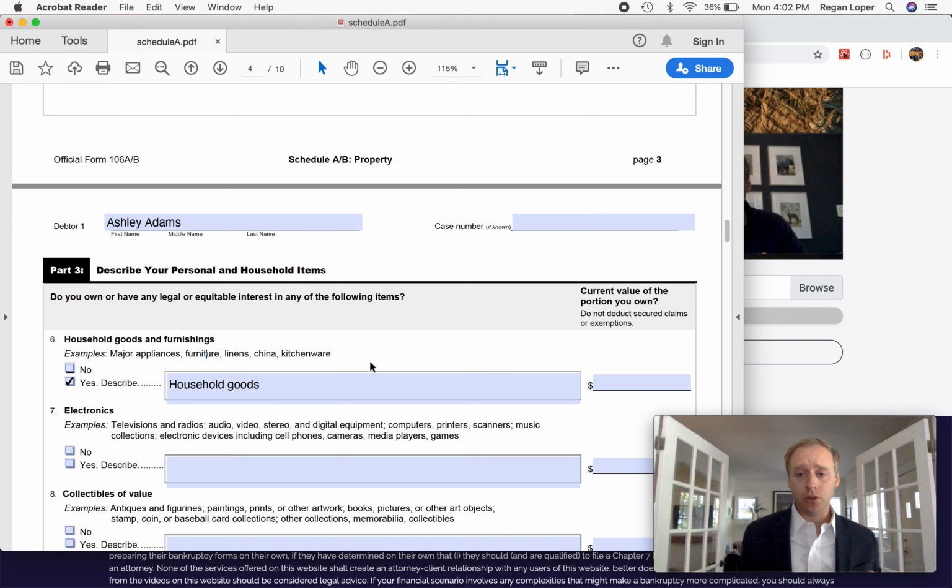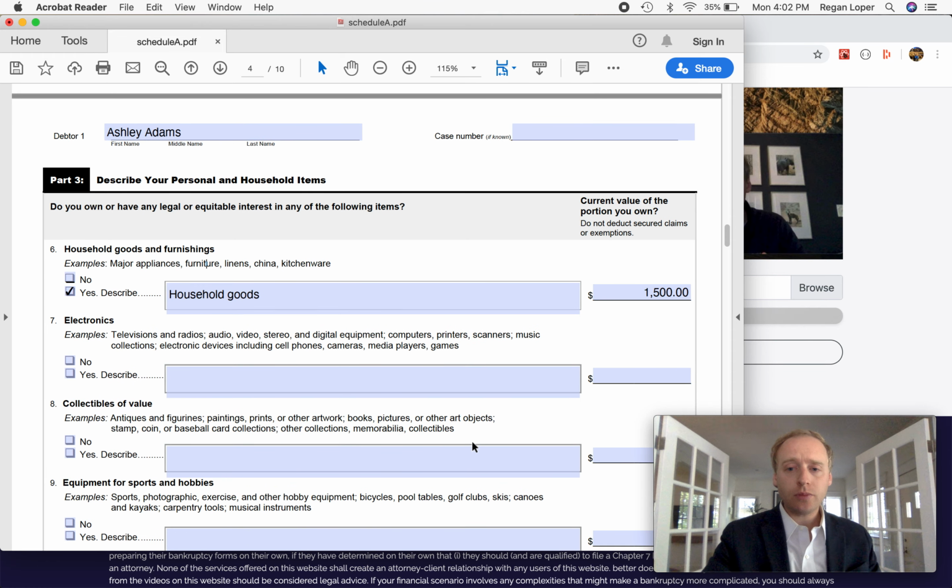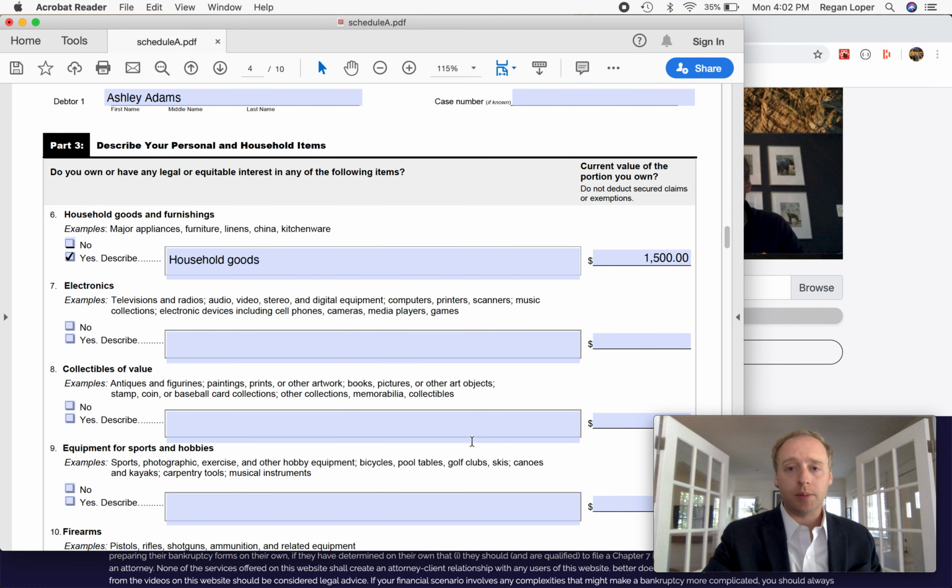I'm not sure what that includes. It probably includes maybe some appliances, maybe some china, things like that. But she estimates the total value of all of those items to be $1,500. And so that's what she put in the estimate of value. Next, electronics. Do you own any electronics? That would include TVs, radios, stereo equipment, computers, printer scanners, things like that. You can read this entire section to see what it all includes. She selected no here. My guess is that's presumably because she was living with a family member who had some